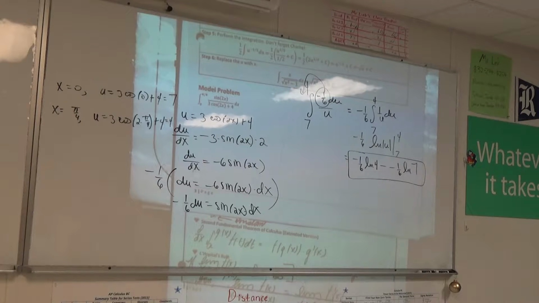Do we only take what's inside the parentheses or the exponent? Usually it's just going to be what's inside the parentheses. And the way that you know that you picked the right one